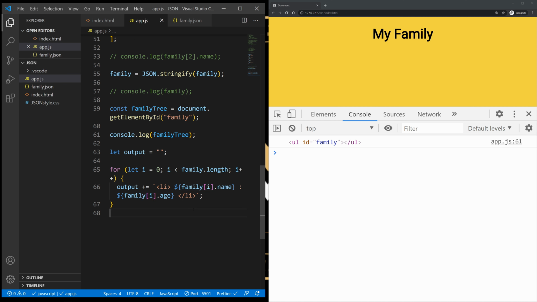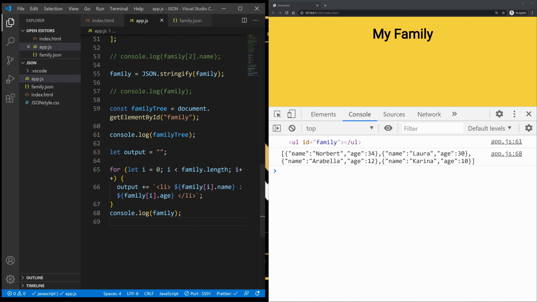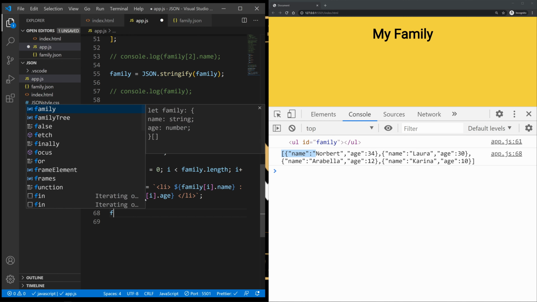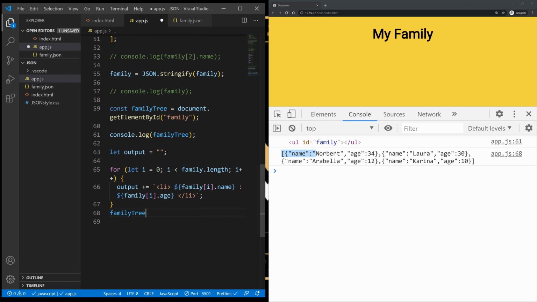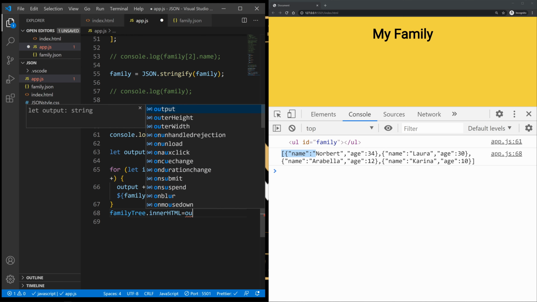Now, in order to output it, because if we console log our family here, we know that we will get our string, actually our array. So in order to output it here, we need to now convert it back into an object. And for this, we're going to go and say family tree, which we have it here, dot inner HTML is equal to output